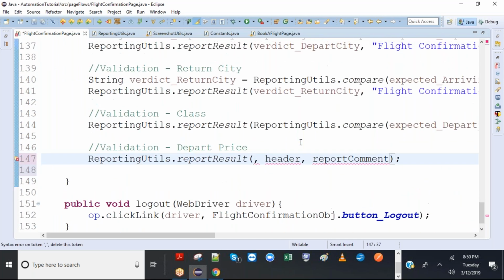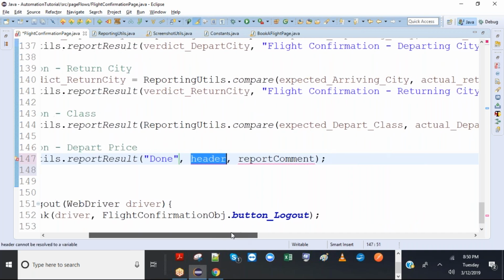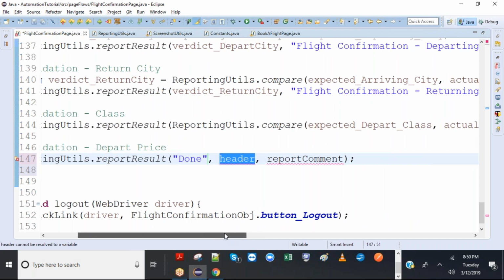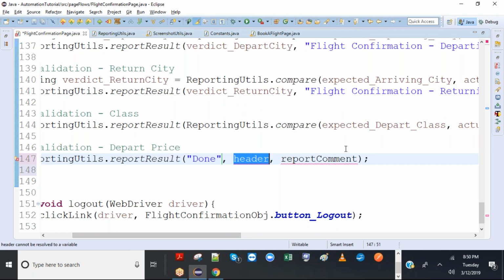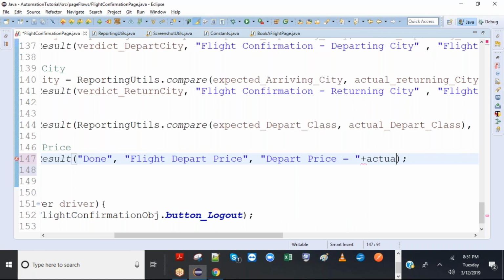So let's put done here. Done will not take the screenshot, but log the verdict, whatever is pass or fail, to the final report as in the caption. So that will be okay. So the header will be depart price, depart price equals actual depart price.